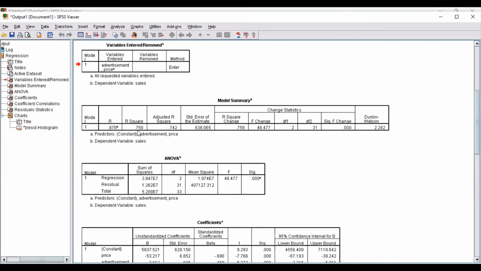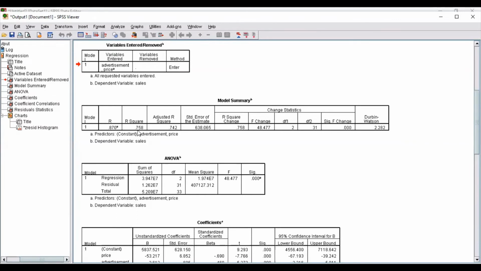So 76% of the changes in the dependent variable are being explained by the independent variables. This indicates the significance of the independent variables.